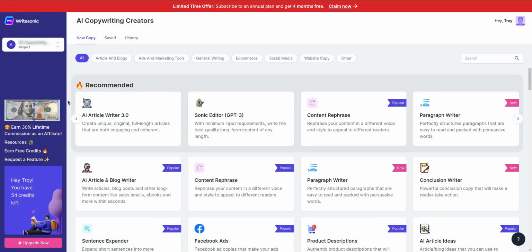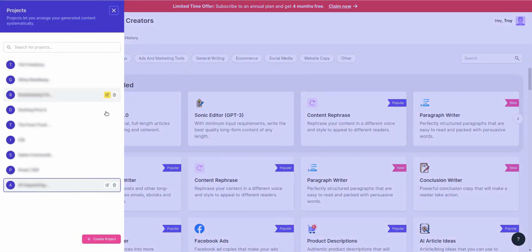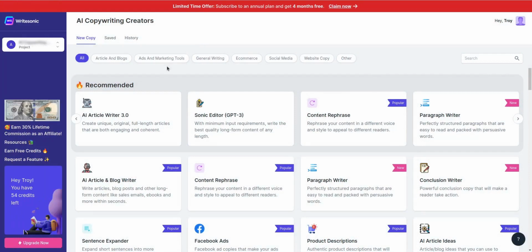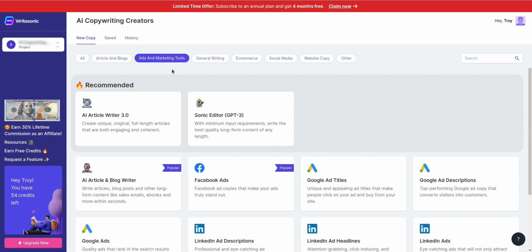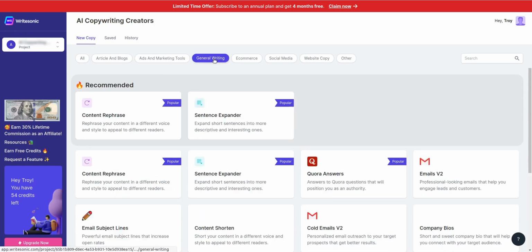After logging into WriteSonic, you'll be presented with the dashboard, where you can see how many credits you've used or have remaining. You can see your projects, create new projects, and see all the different options that WriteSonic offers for writing content. It's also broken down further into different categories, being writing your article in your blogs, writing ads and other marketing tools, basic writing being content rephrasing, sentence expanders,